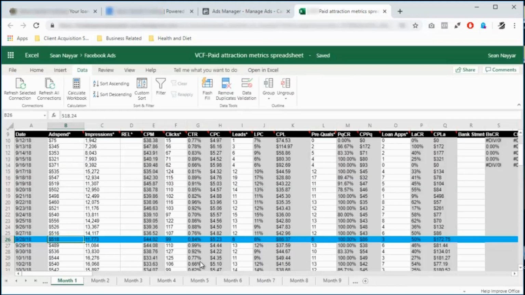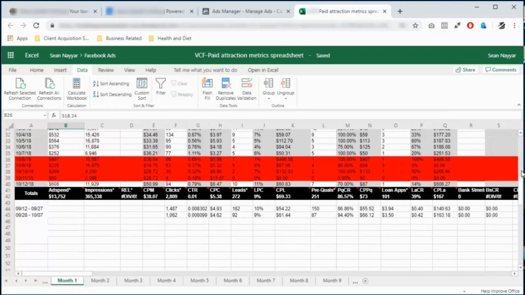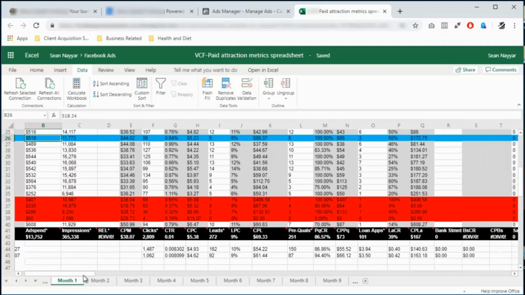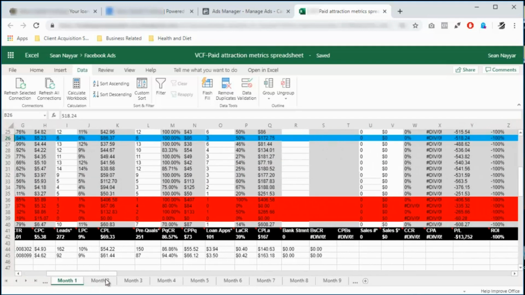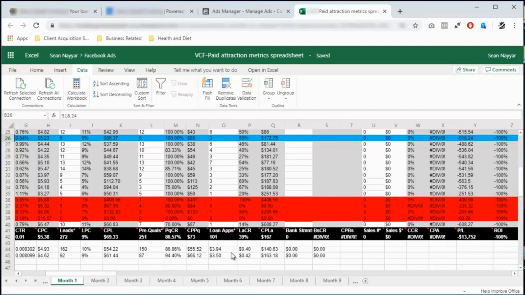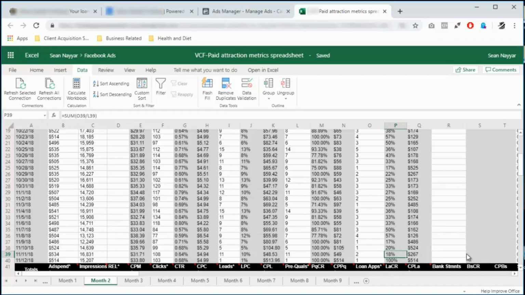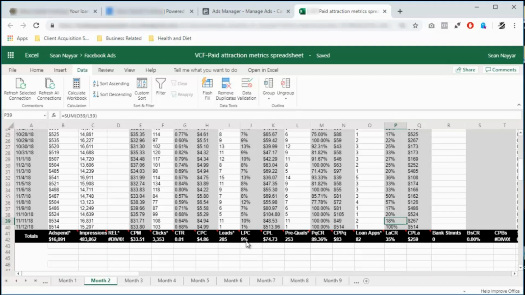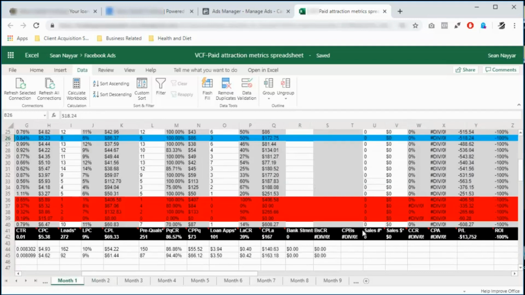Oh, and this is what we also track on our spreadsheet here. Usually Facebook metrics are not very reliable, so we have to track them separately also. This is the cost per loan app for the first month. For the second month, cost per lead was approximately $74, and cost per loan app was like $259, but that was because we had shut down